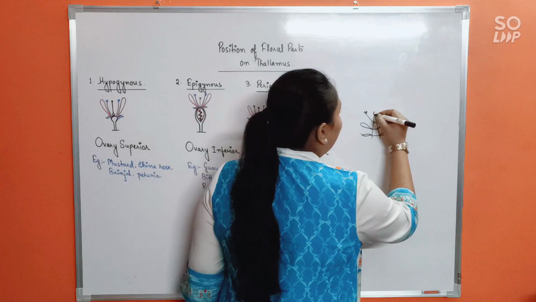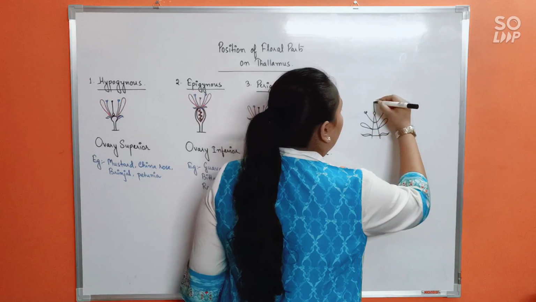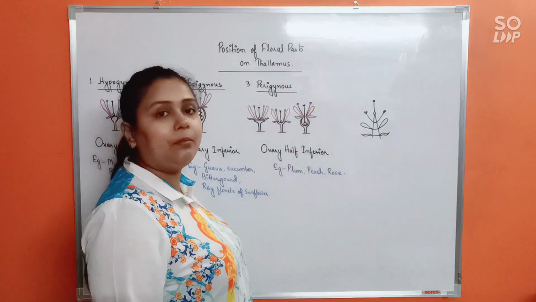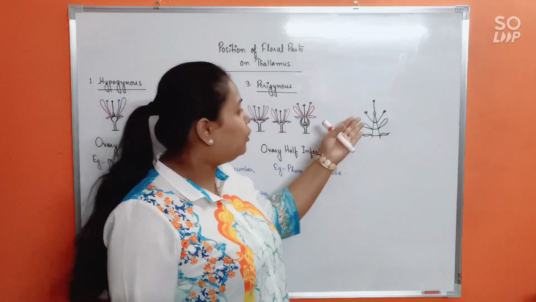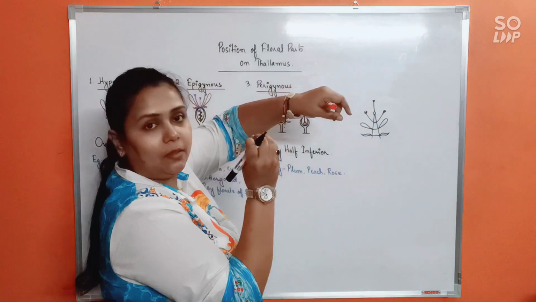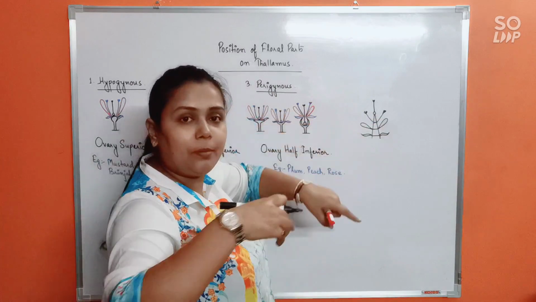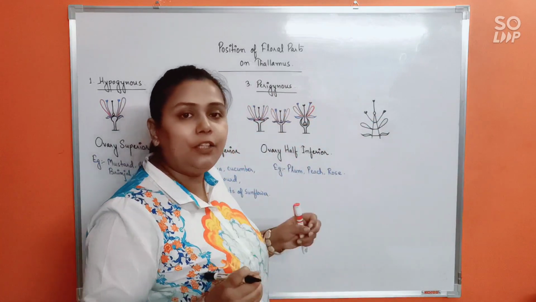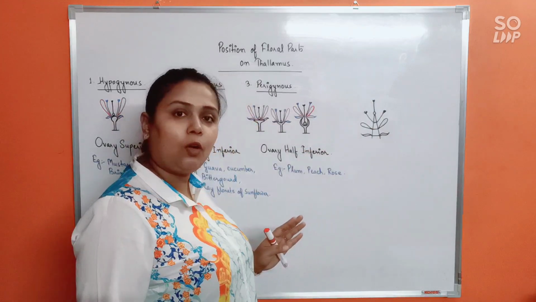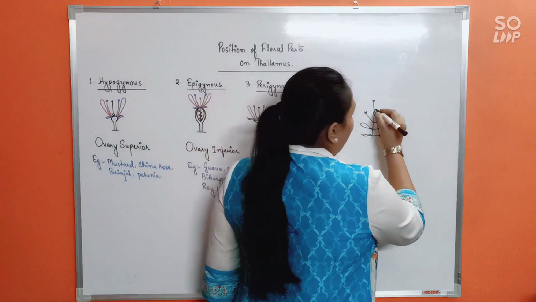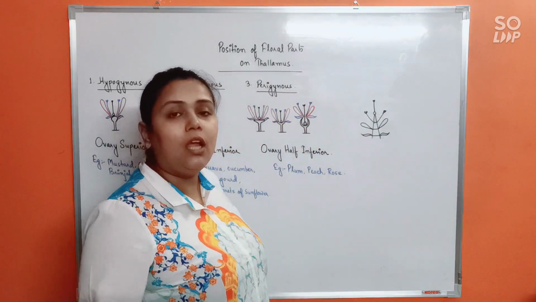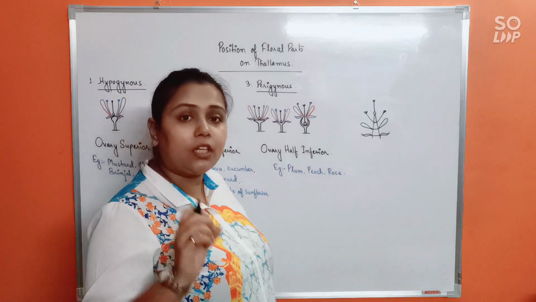And finally at the tip, at the topmost position, at the apex would remain positioned the ovary. That's how the ovary remains at the center, right? If you compress it, you get the thalamus, and that's how all of them remain arranged in the form of a whole. Otherwise, if we elongate it, it is going to look like this. Alright. And another thing, because I have been telling ovary, and I will be also taking this term throughout our discussion, you must know the structure of gynoecium or the carpel.